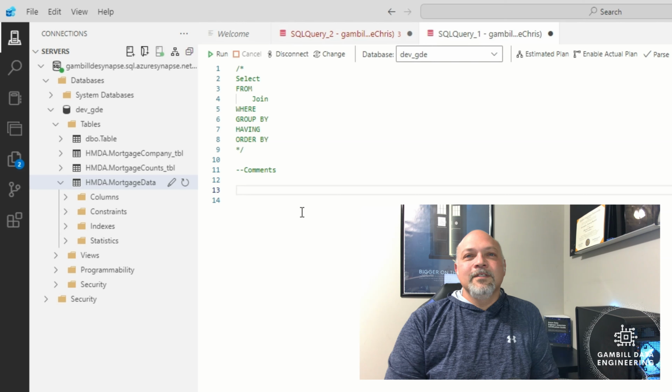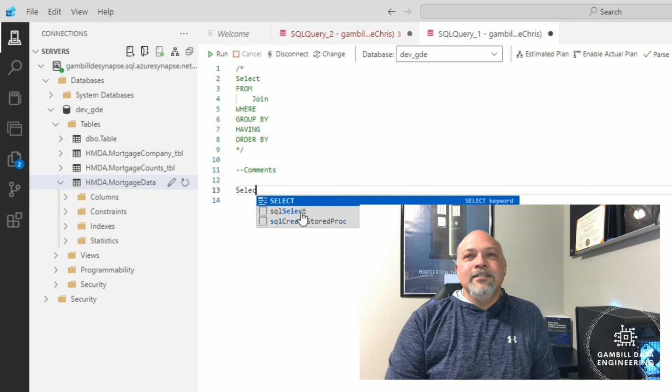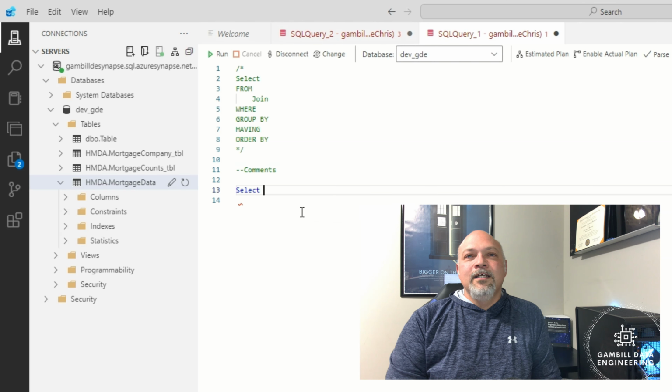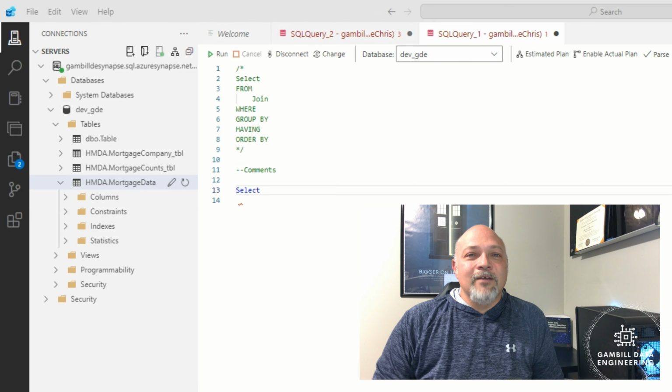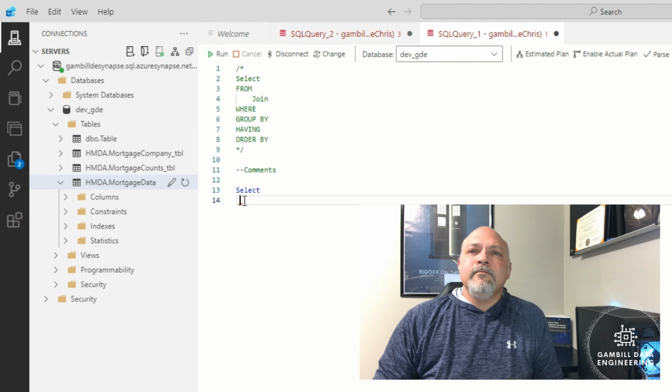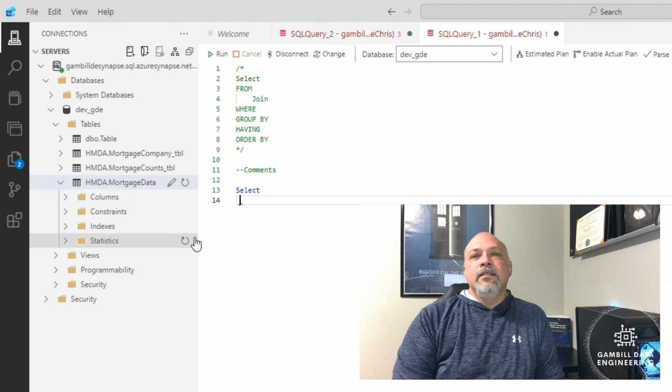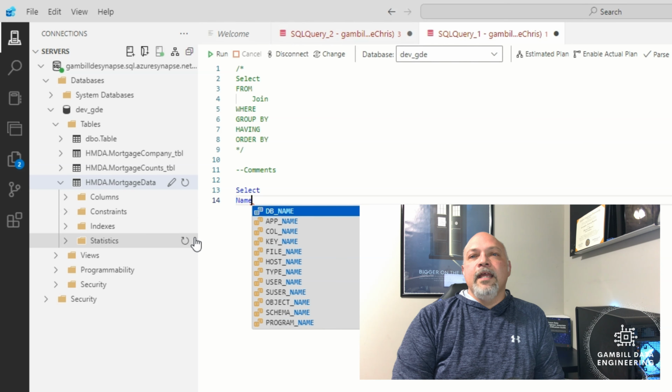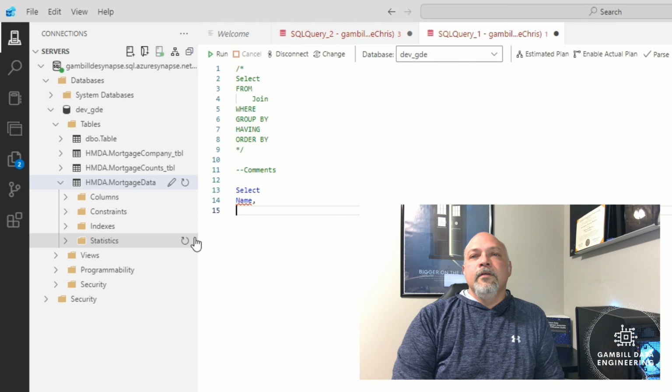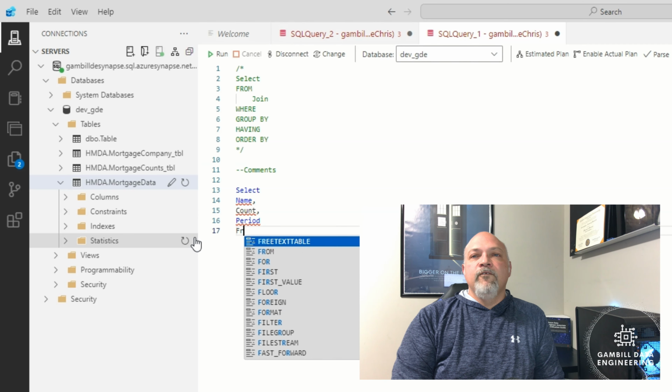So select. We're going to say select. Again, we're dealing with mortgage data today. In a future class, we'll talk about how to import data from flat files and import data from other resources as well. So select the name, the count, and the period from